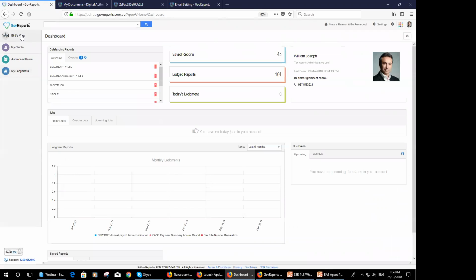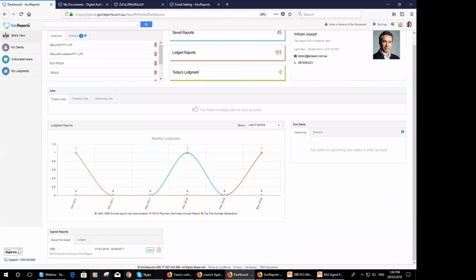Actually, I should go back to the dashboard so you can see as well. It will also come to your dashboard. So when you log in, you can immediately see that the client has signed it. So there you go, right at the bottom. Okay, so this client has now signed the document, and if I want to open and view the document, I can do so. But otherwise, I can go to the Save Reports earlier